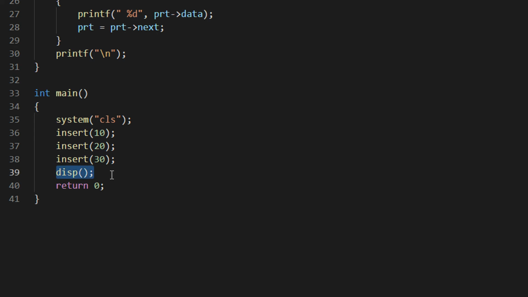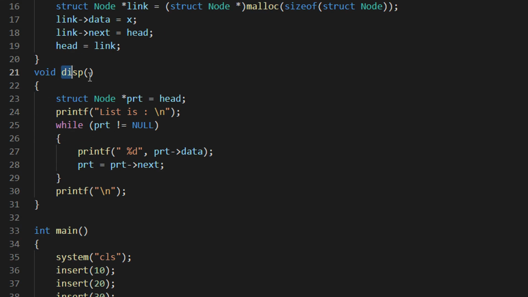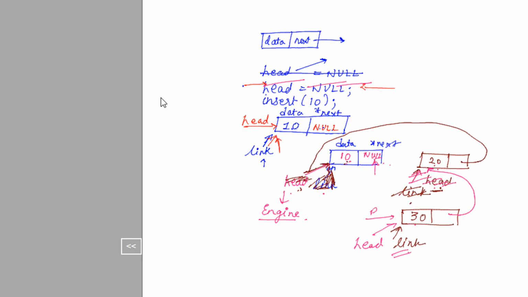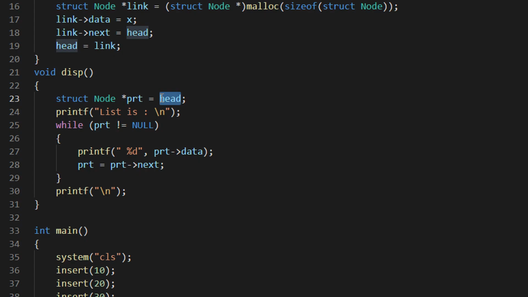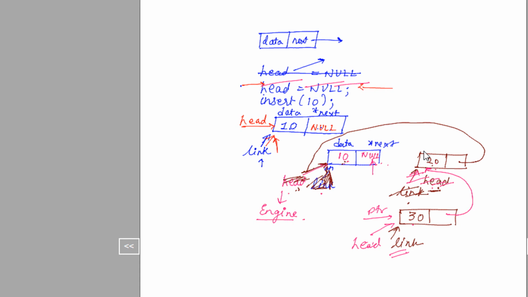We are doing display, right? As I said, in the display function of a linked list, you define a pointer PTR which takes the head variable. So PTR contains the head address. Head and PTR both are pointing to the same element. This is standard for every linked list. We check the pointer until it reaches null. Why null? Because our last element, 10, has its next as null. So we keep on traversing the list till we reach the null.